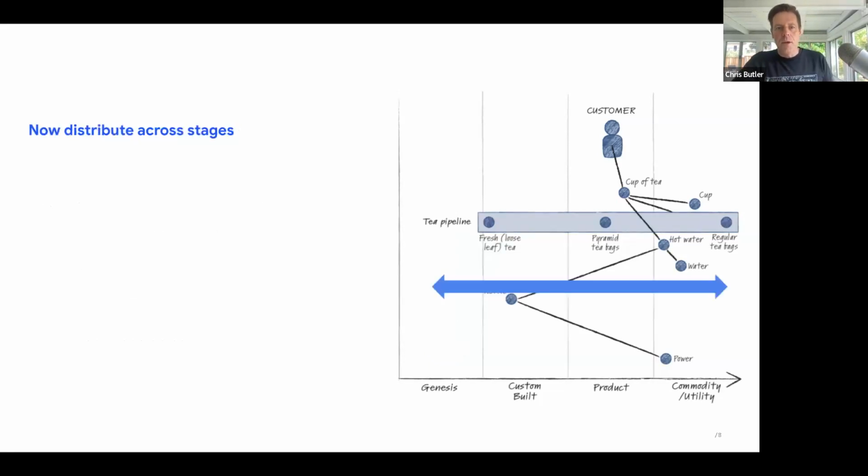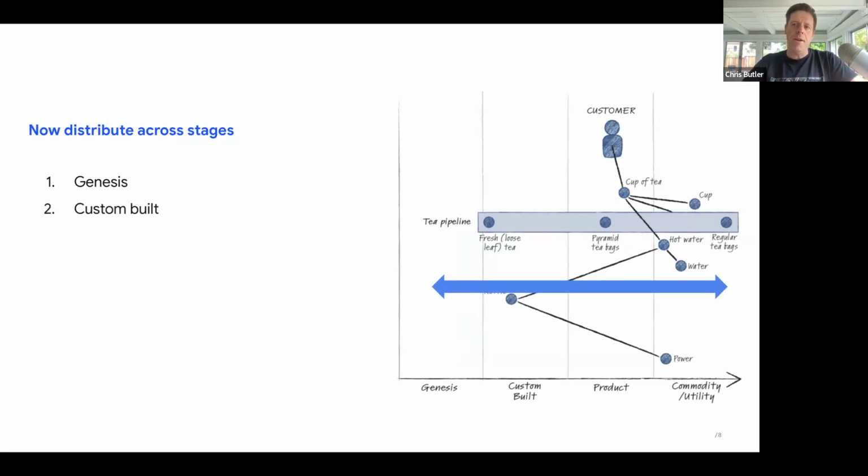And then you start to distribute now across the different stages. And what this is meant to do is take the value and then try to understand how these things may move from something that is brand new to something that is more regular or commodified. And so this is where, say, Genesis is something that is brand new, right? It's something that was created once. It was not repeated before, something like that.